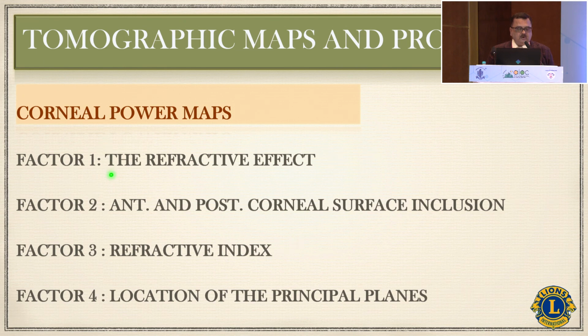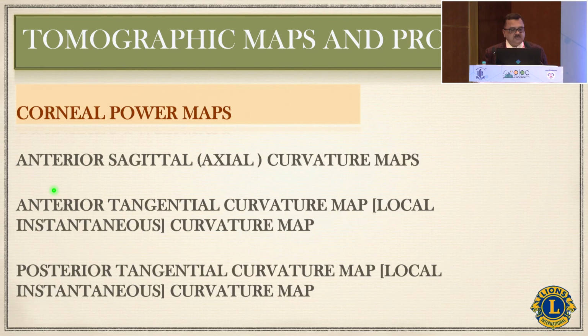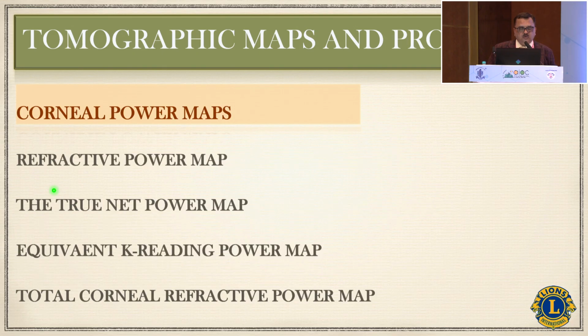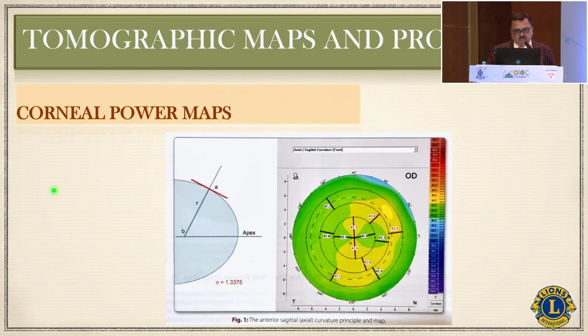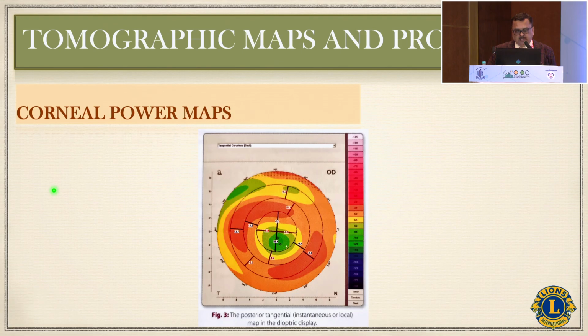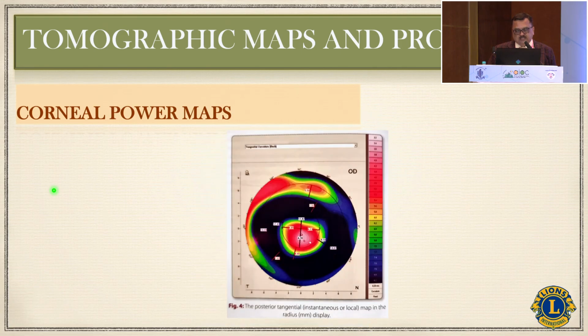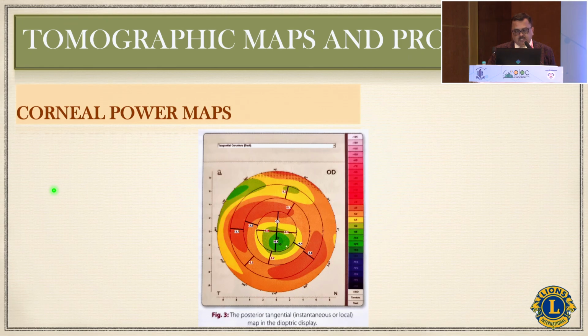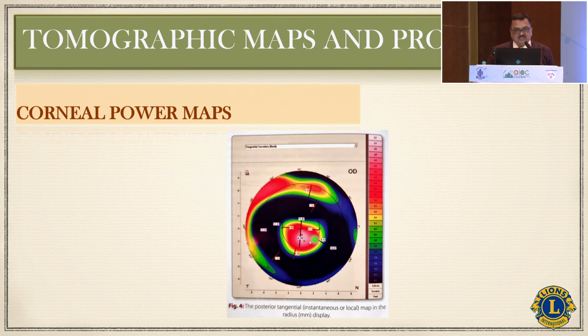When using corneal maps, we have 4 factors. You can see them. Mostly we use factor 1 and factor 2, but sometimes we use factor 3 and factor 4 also. Basically, we use refractive map, true corneal net power map, equivalent K reading, and corneal refractive power map. This is the sagittal, this is tangential. Take home message here is posterior tangential, and this is posterior tangential in diopters,